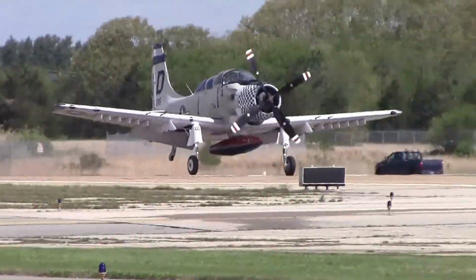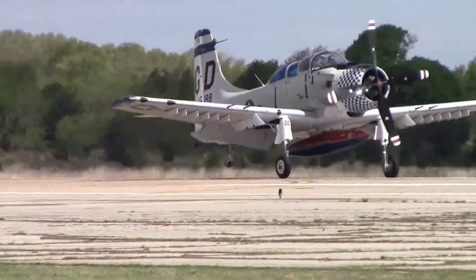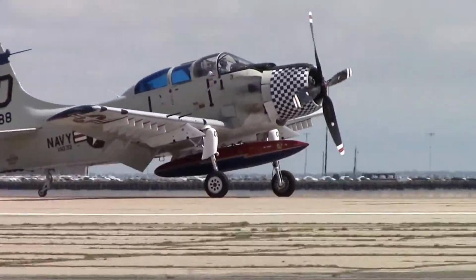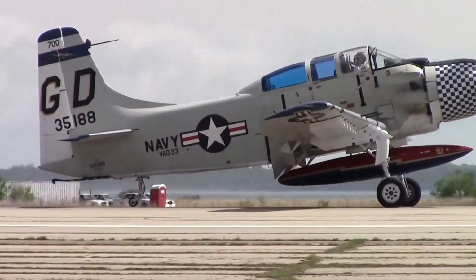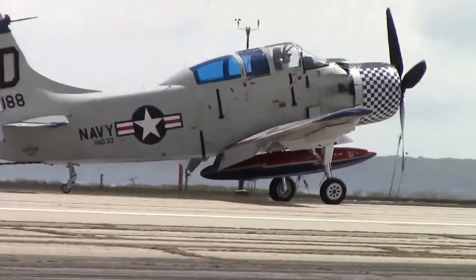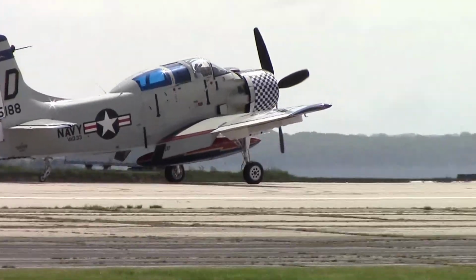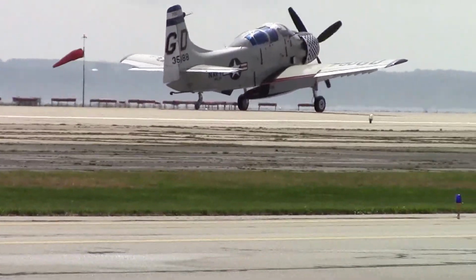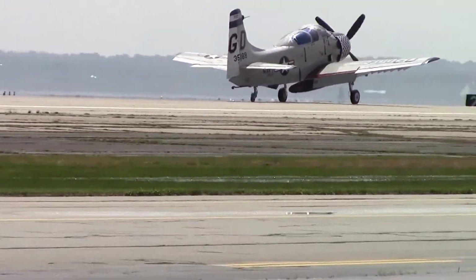This airplane helped guard and protect the freedoms that we so love. And that's why we're here today, celebrating not only our aviation heritage, but also that of the Rhode Island National Guard. If you see an airman, or if you see someone in uniform out here, please pat him on the back and tell him thank you. Let him know how much you appreciate not only